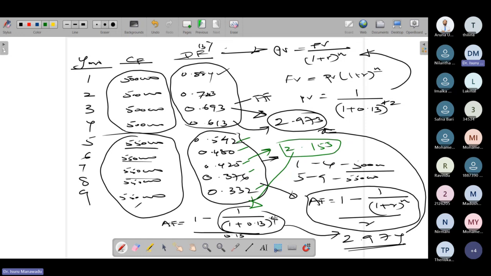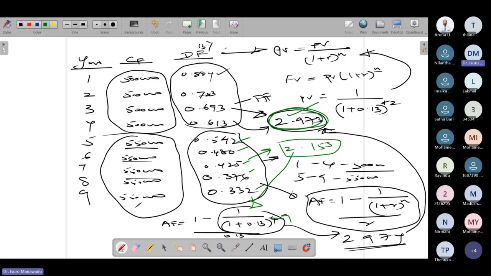First, you need to take up to 9, right? The annuity factor for the full 9 years. Then you can deduct this part, right? Then you will be getting from year 5 to year 9. That's how you should do. Right. So we'll do it, because within a couple of seconds, you can calculate the annuity factor by using this equation. Tell me what is the annuity factor up to 9 years?